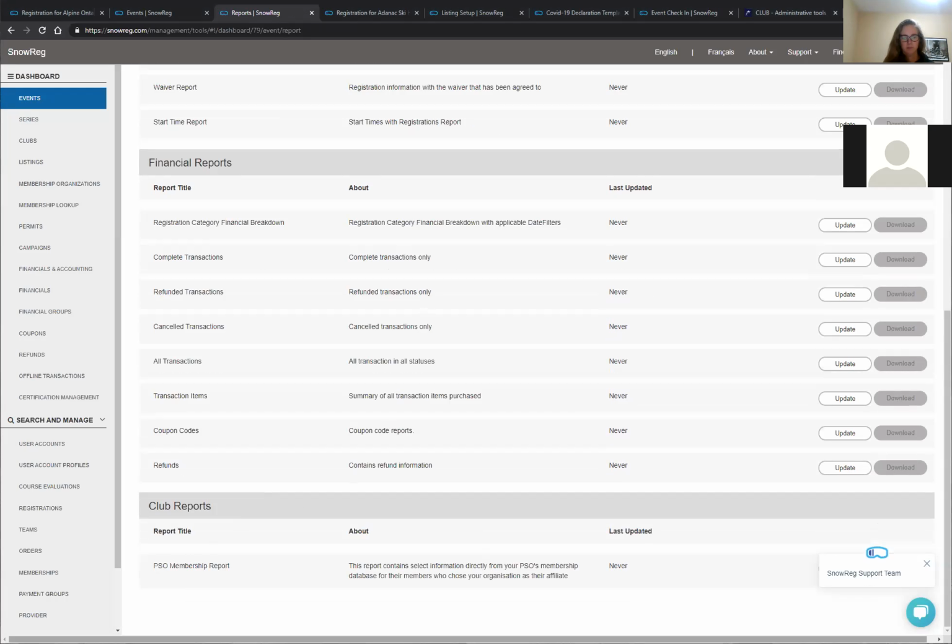So this can be generated and downloaded on demand. The buttons are currently blocked by this SnowReg support team contact. So if you do need to contact us for administrative assistance from the dashboard, there's a little chat functionality available here. We can be reached at